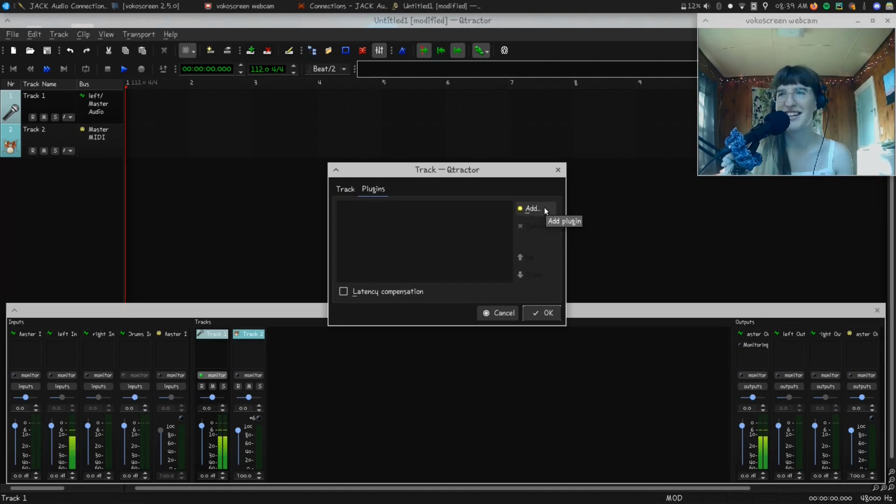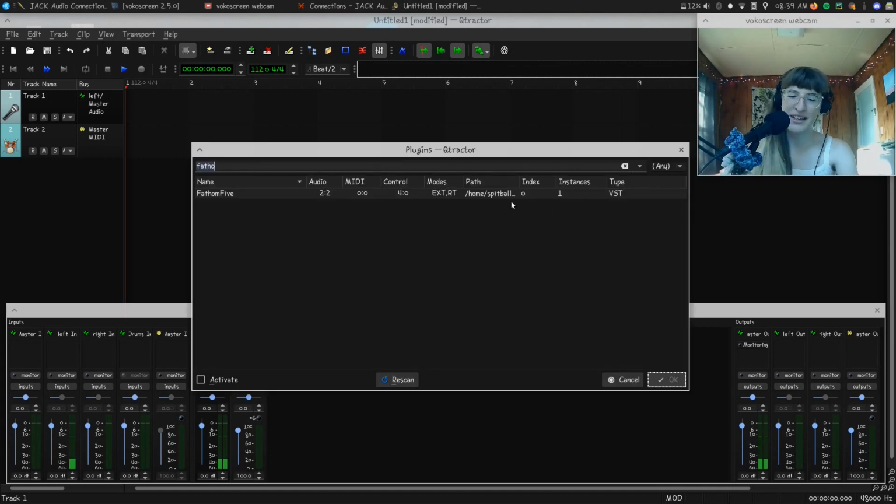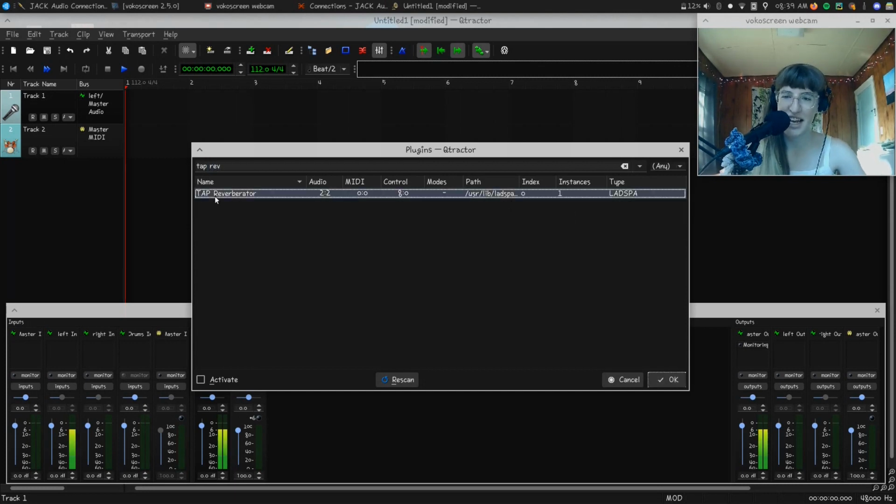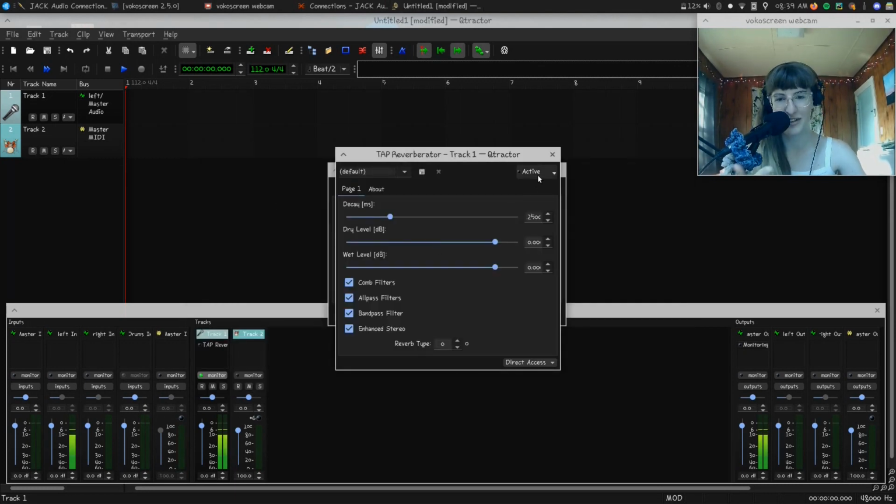I have a lot of different reverbs that I use when I make music, because there's a lot of different feelings I try to go for and embody, and they're all made by different people, because if you have things that are too similar, you're not going to create a very immersive experience. So I'll share a couple of my favorites. Tap reverb, I really like the first setting. There are different ones you can go between,